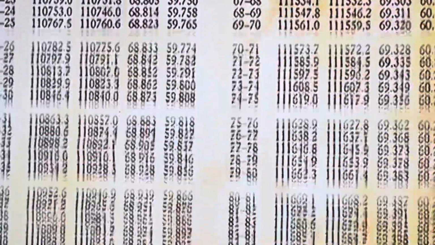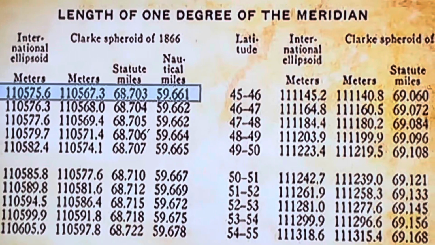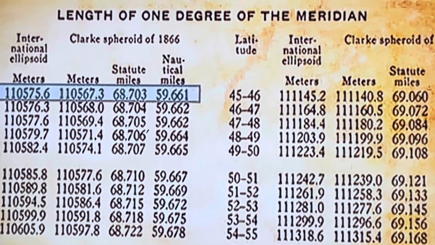And what this is showing is, if we look into statute miles right there, this says length of 1 degree of the meridian. So this is the line from equator up to the North Pole. Well, if you look at the first number, which, let's see if we can zoom in a little here, you'll